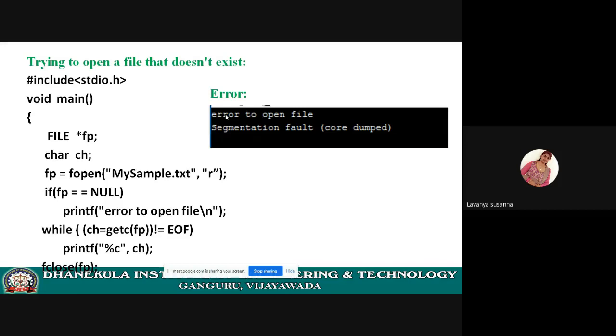Okay, see here, segmentation fault. See, error to open file will be displayed. Next, segmentation fault, core dump will be displayed. What is segmentation fault? See, if nothing is present in memory, but you are accessing